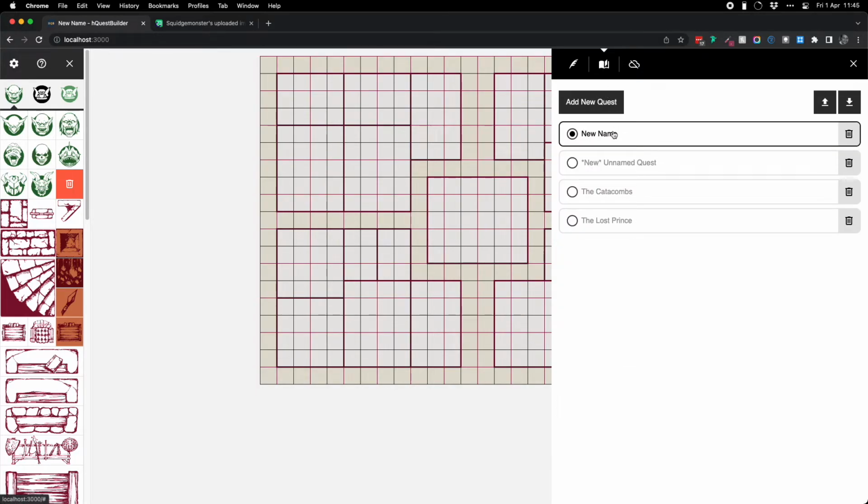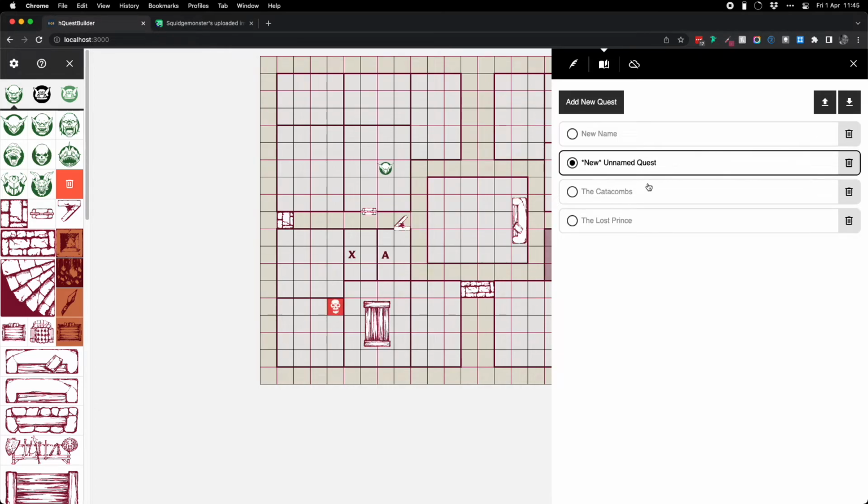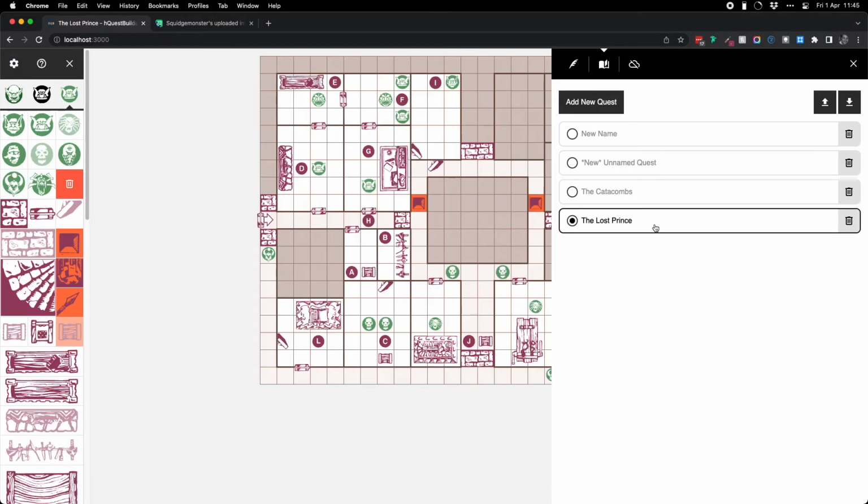And then if you go back here, it will be reflected in your list here. And you can have as many of these pretty much as you want, to be honest. It will max out at some point, but that's quite a large storage space within your browser, so I think you'll be absolutely fine. If you're concerned about backing these up at any time, you can just click this little